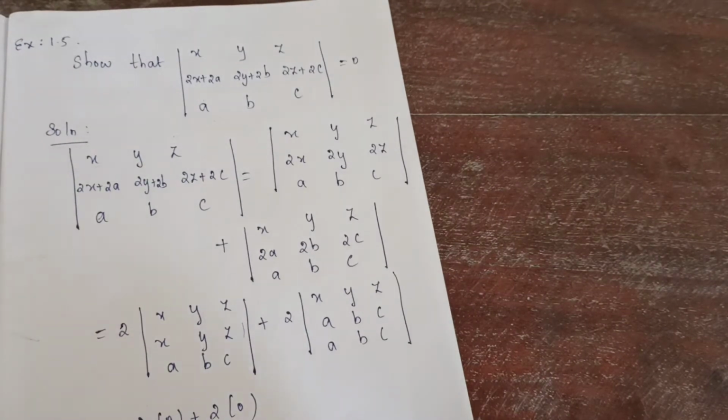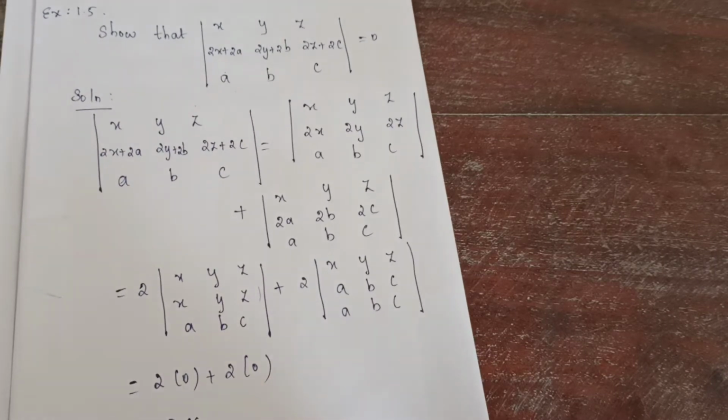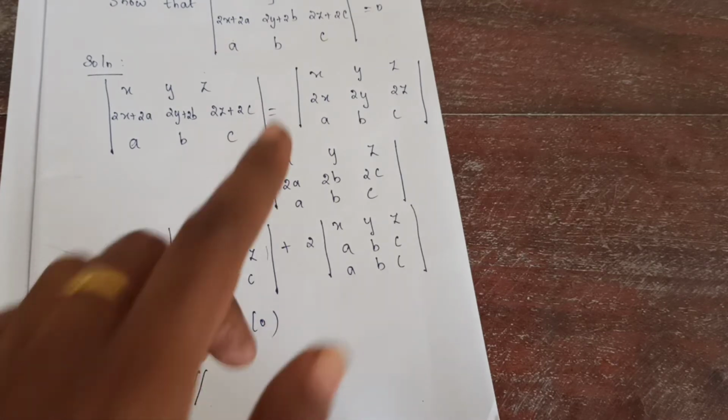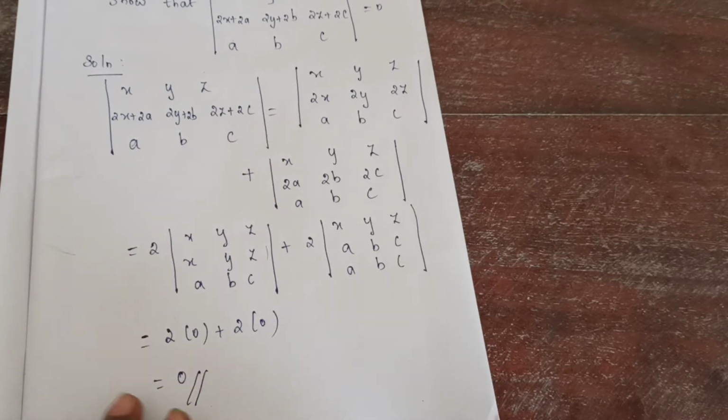Understand? So we are using 3 properties in this question. First, what did you do? Using the 6th property, we have split this into 2 terms. Next, what did we do? If any one of the rows is multiplied by a scalar, we will take that scalar outside. Okay? I took the scalar outside. Then when we see that any 2 rows of the determinant are proportional or identical, that particular value is 0. So when you multiply, you will get 0. This only we need to prove. So this is our answer.